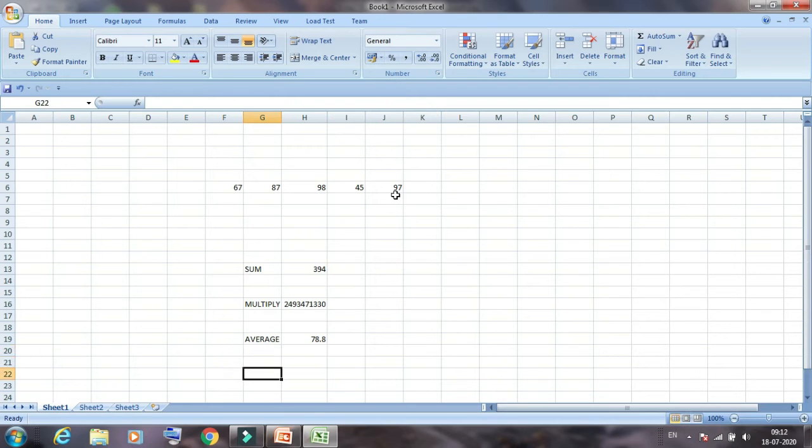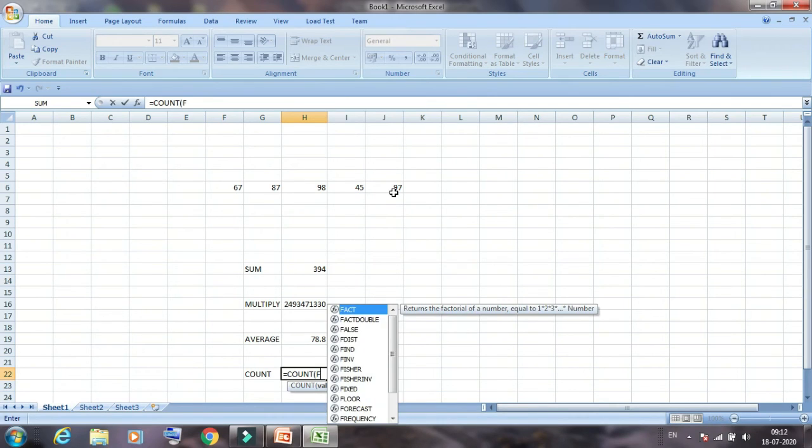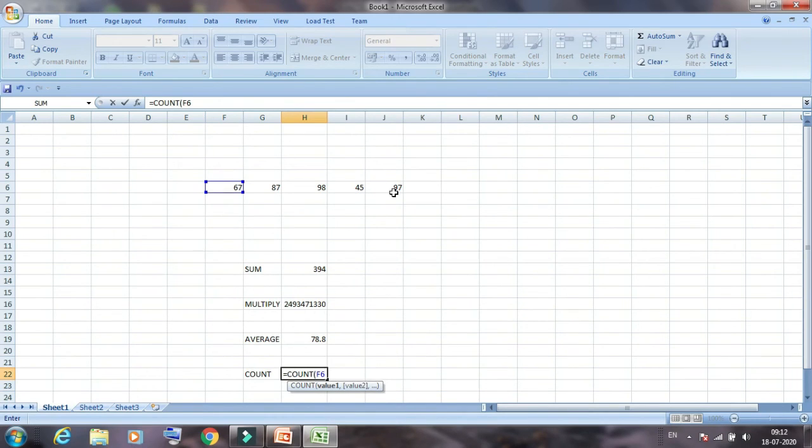If we have to find out how many numbers are there in the data, then we apply the count function, meaning how many entries the data has. Here we write count, then equal sign, the function name count, then bracket, then the first cell address F6 and the last cell address J6, and press enter.